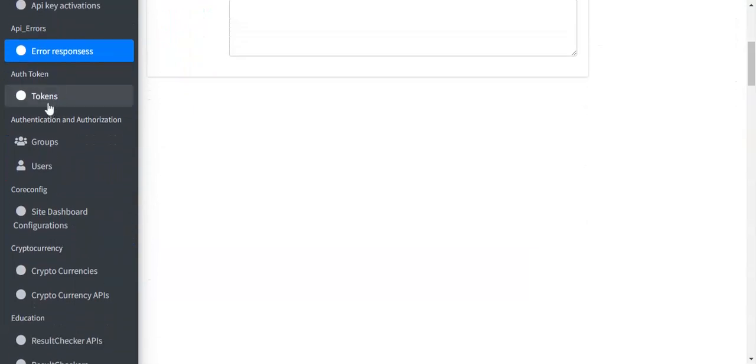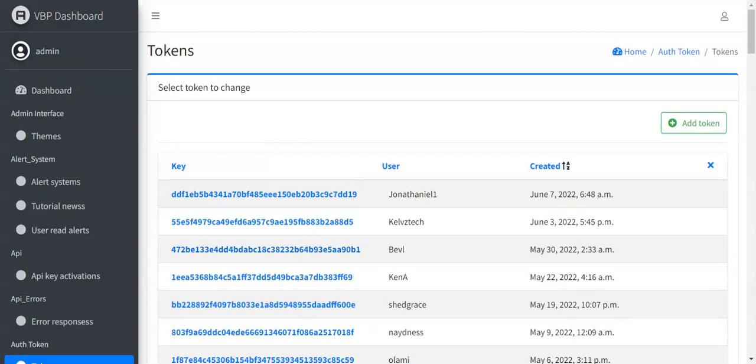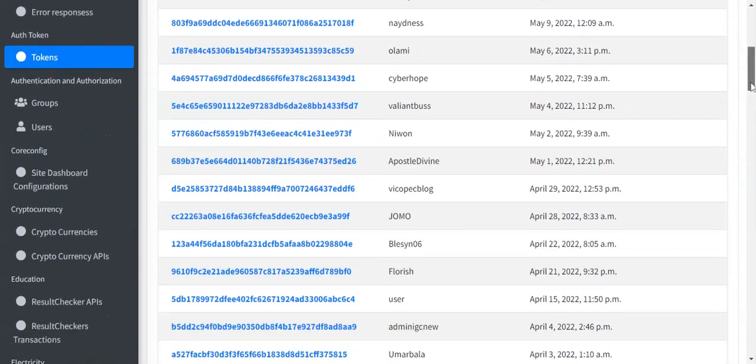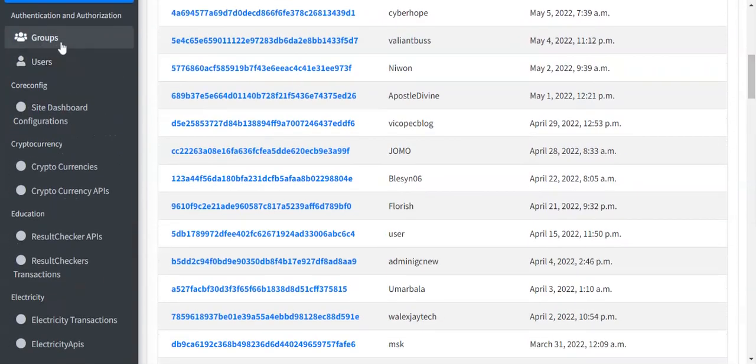Token, don't touch this at all. You don't need to come here at all. You can just view tokens generated during registration, but really, you don't need this. Then groups, you don't need that as well, except probably you want to give